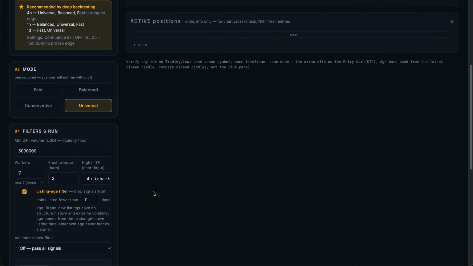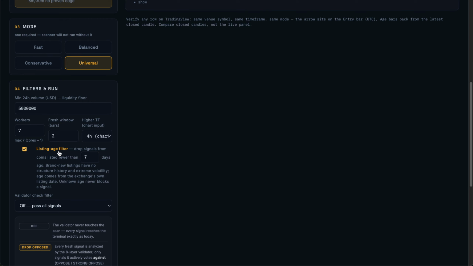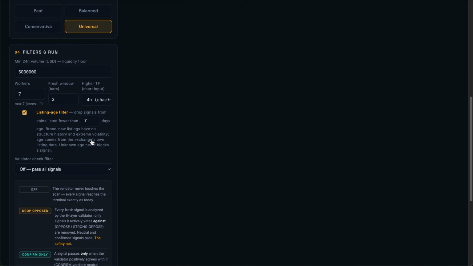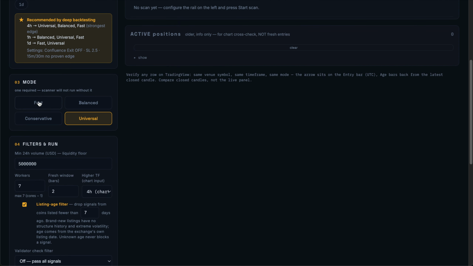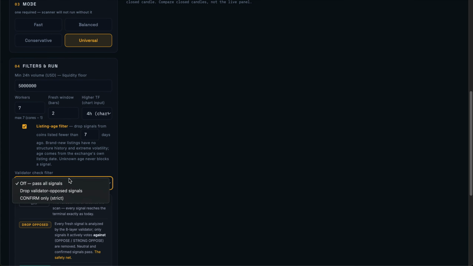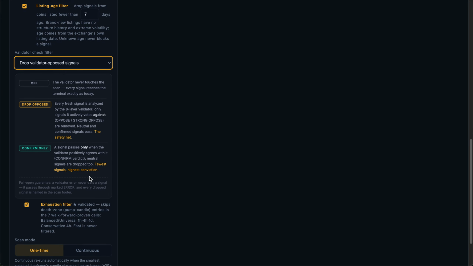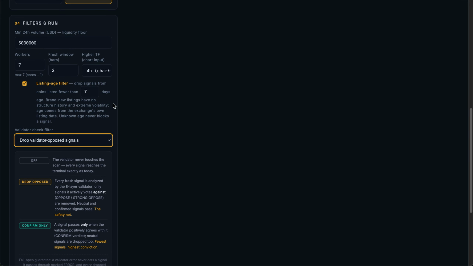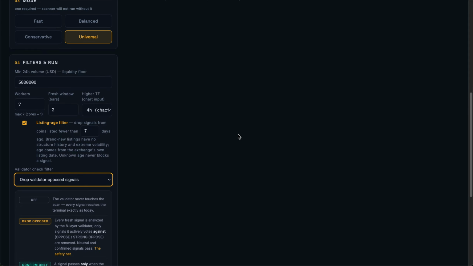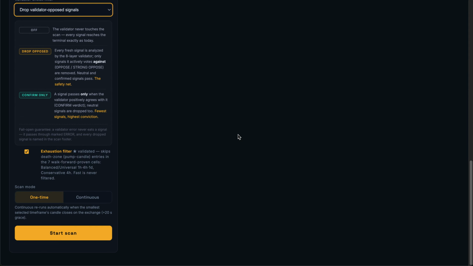Now you just have to keep these things as they are, okay? What I will suggest is that if you are trading fast or universal, there is an option called drop validator opposed signals, right? Everything is written about these, you can read that once you get the access for that, okay? Like it automatically filters new coins for at least 7 days. So if a coin gets listed on the exchange, it has to pass a 7-day period. After that only the scanner will show that to you if any trading opportunity comes into that or not,